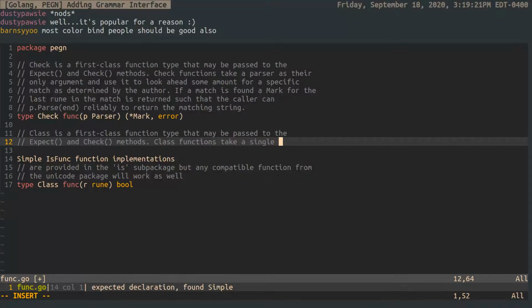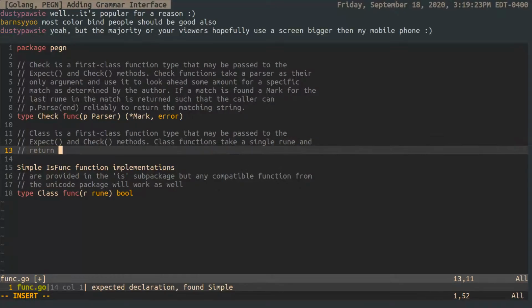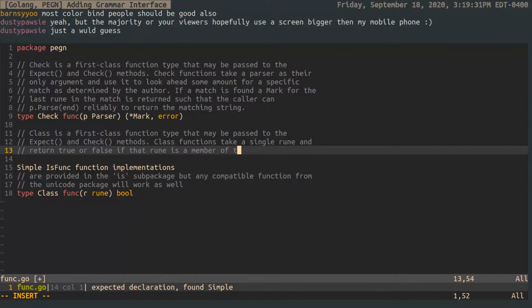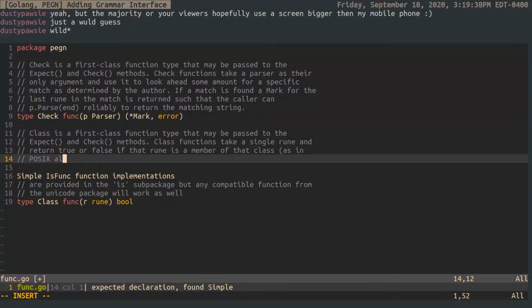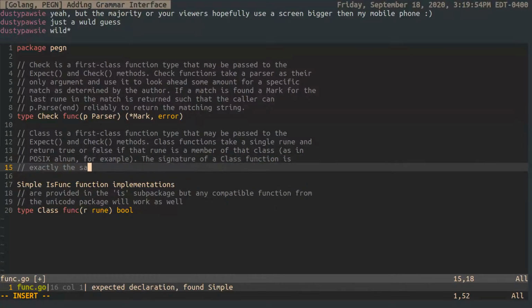Take a single rune and return true or false if that rune is a member of that class, as in POSIX alnum. The signature of a class function is exactly the same as